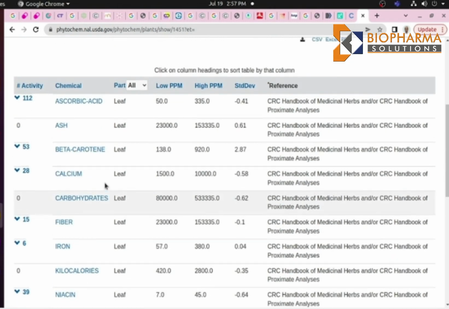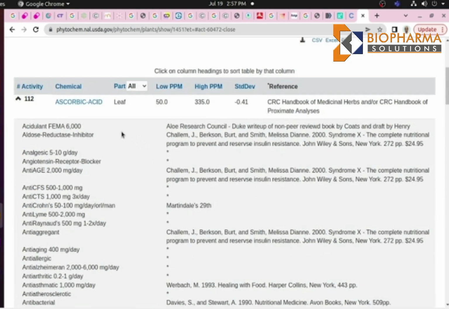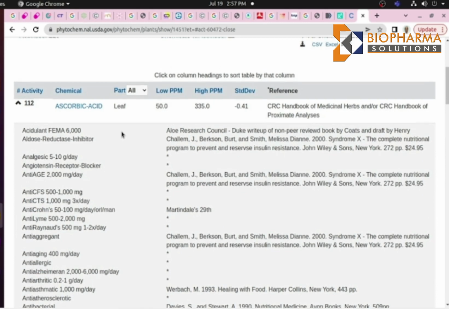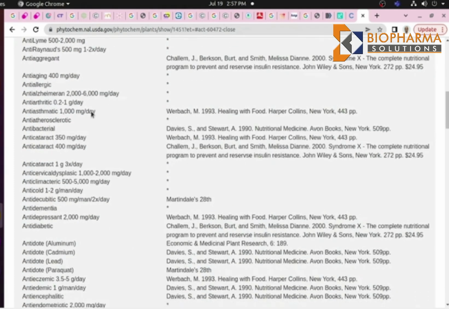Now, if I want to know these activities, I may just click there for ascorbic acid activity. So these activities have been generated. Acetylation and aldose reductase inhibitor, analgesic, and so on and so forth. So these are the reported properties of ascorbic acid,